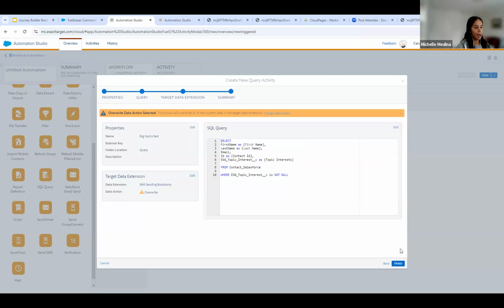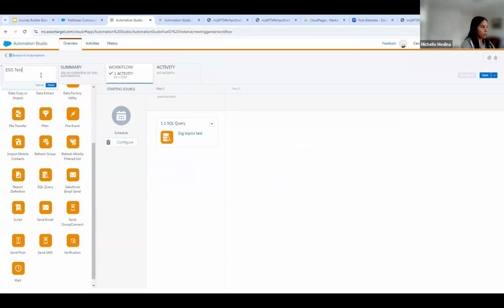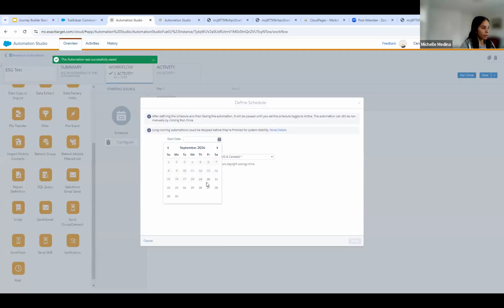So you'll click finish, and that's where you'll see that query activity being pulled in. Then let me save this so I can show you how that journey step 2 is automatically populated. Let me just configure this for today. We'll do 9